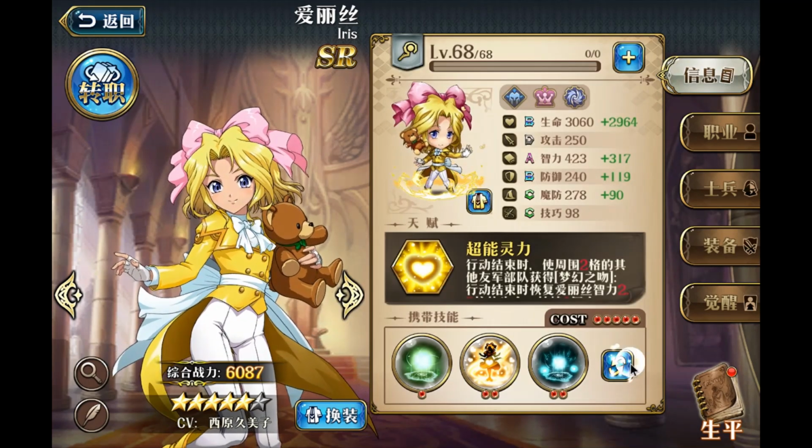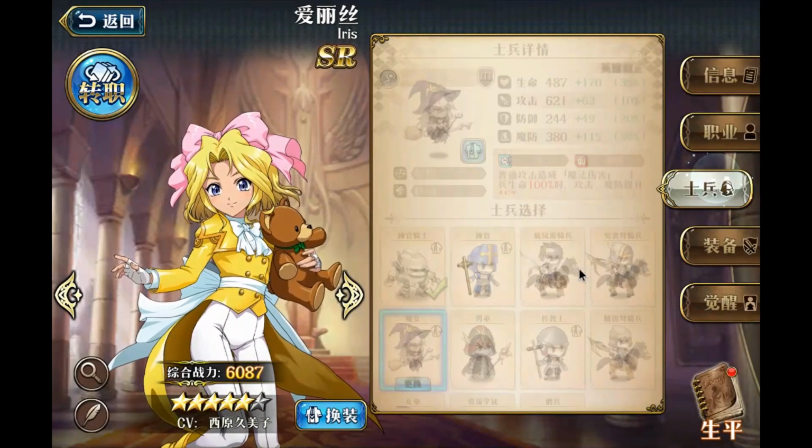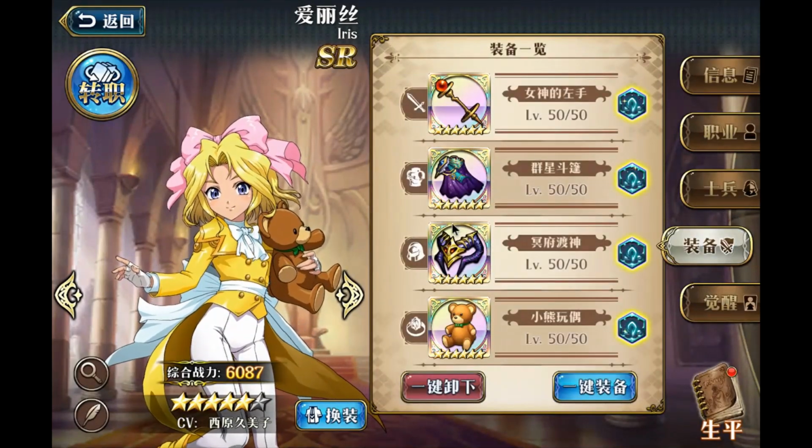We talked about what scale to use, we talked about what troop to use, we talked about what enchant and